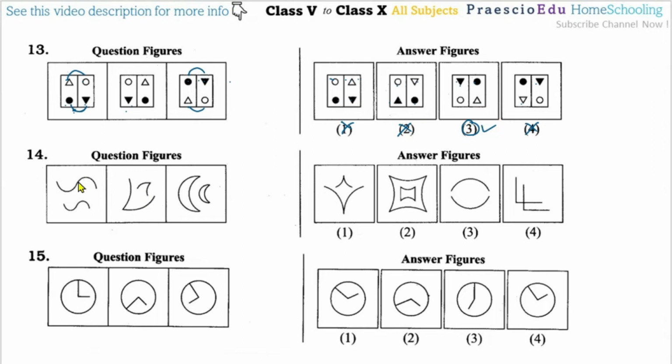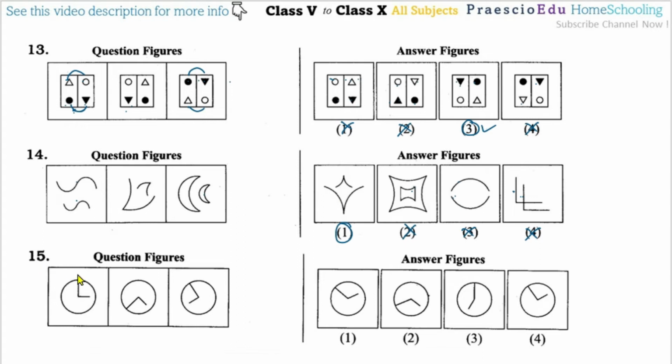Question number 14. There are two similar shapes, or we can say figures, but in different sizes. Here also, if you rotate this one, this shape and this shape are the same. Here also both shapes are the same, only different in size. Continuing, these two shapes are the same. Here it is different, here the straight line, so these are different shapes. Here the same shapes but different in orientation. This is also the same shape, so options number 2, 3, and 4 are incorrect. Only option number 1 is the correct one, two shapes but in a different size.